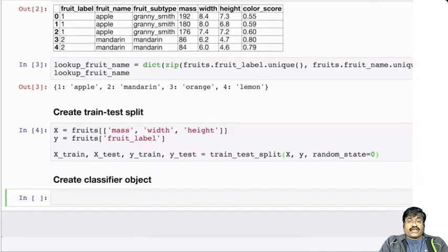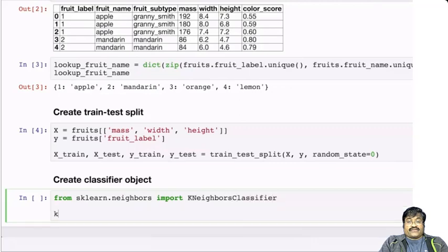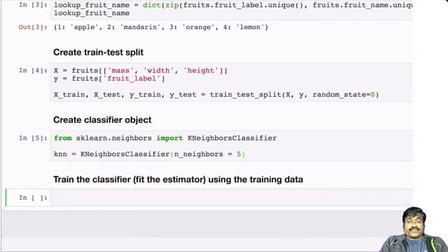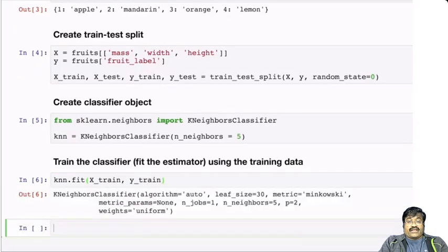Once we have our train test split, we then need to create an instance of the classifier object, in this case, a KNN classifier. And then set the important parameters, in this case, the number of neighbors to a specific value to be used by the classifier. We then train the classifier by passing in the training set data in X_train and the labels in y_train to